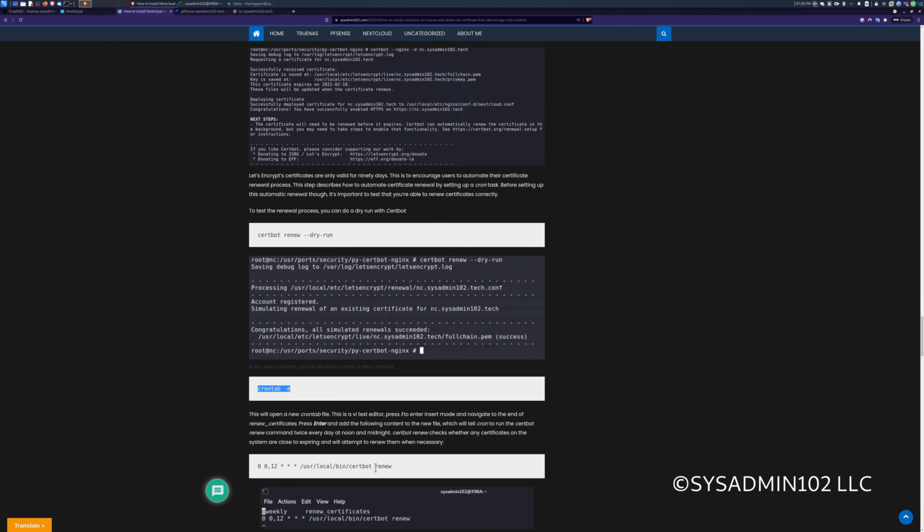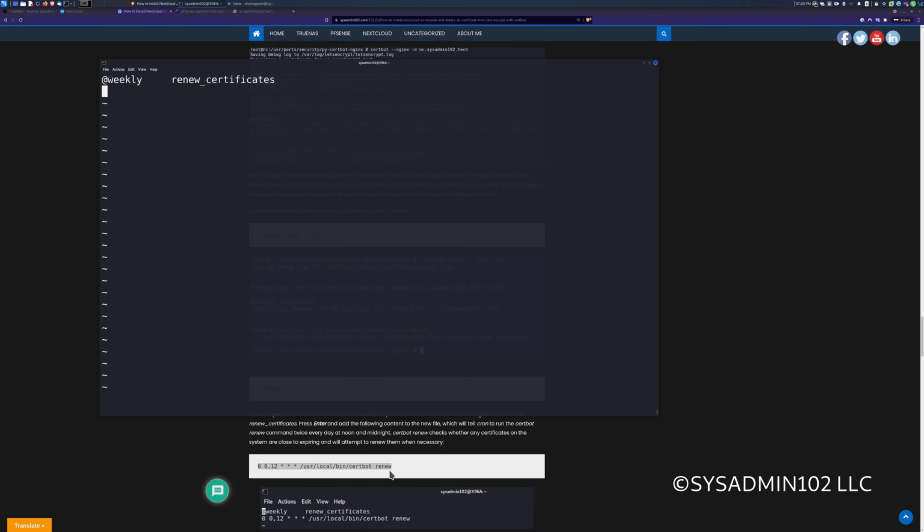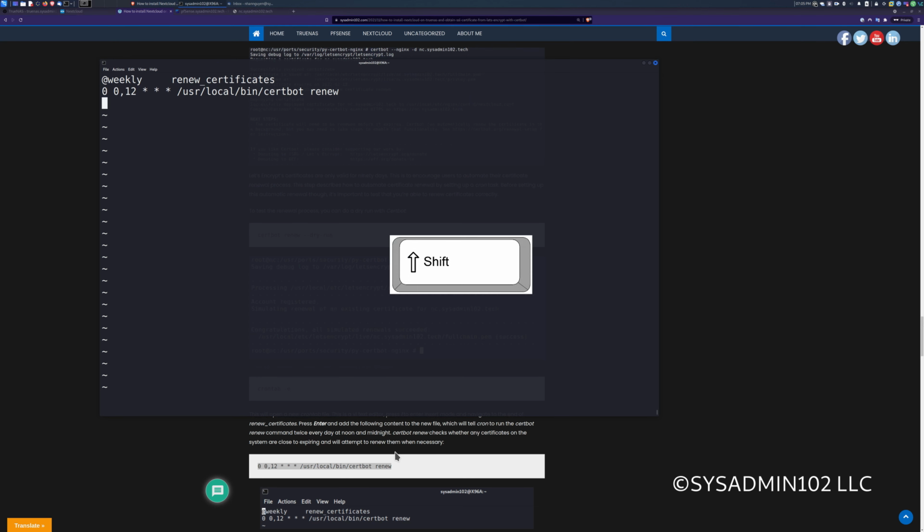And then we're going to copy the command right here. I'm going to go back in here and paste it in there. And you hit escape to exit the insert mode, and you can type shift Z Z to save the file and exit.